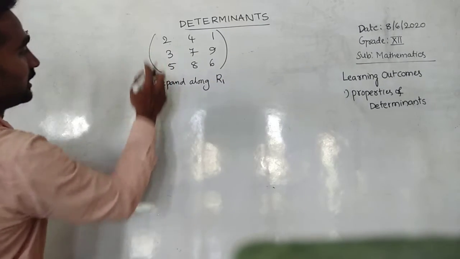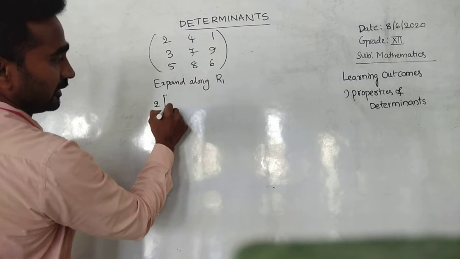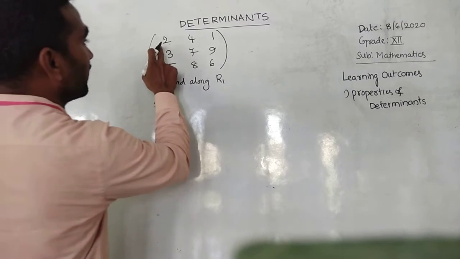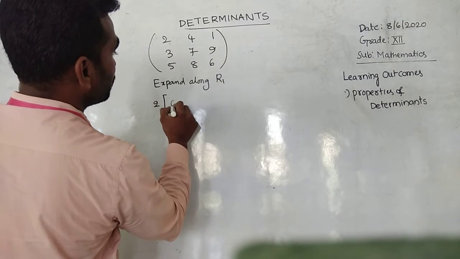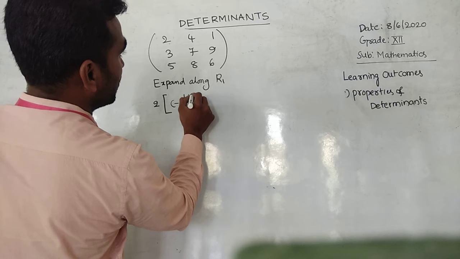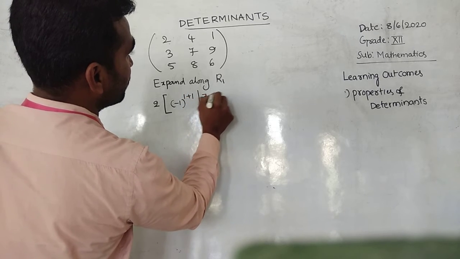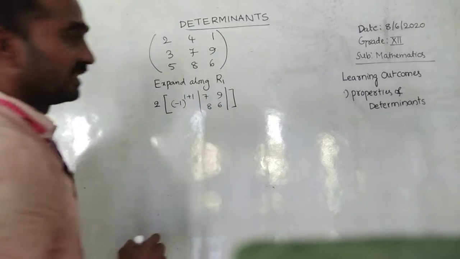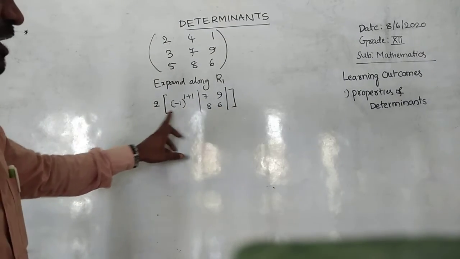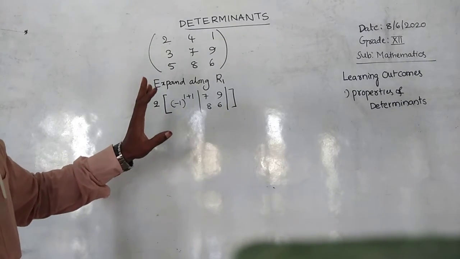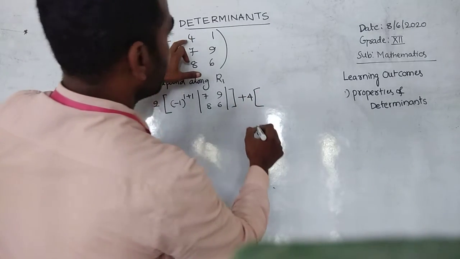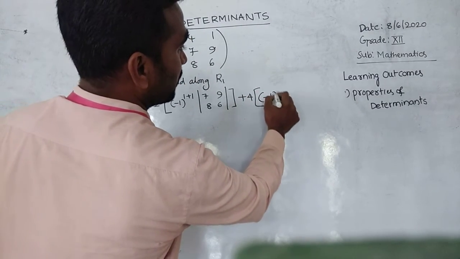See here, the sum of the products of the elements and their corresponding cofactors. What is the cofactor of 2? Minus 1 power 1 plus 1, and the determinant of 7, 9, 8, 6. The product of the element and the corresponding cofactor, plus 4 into the cofactor of 4: minus 1 power 1 plus 2,